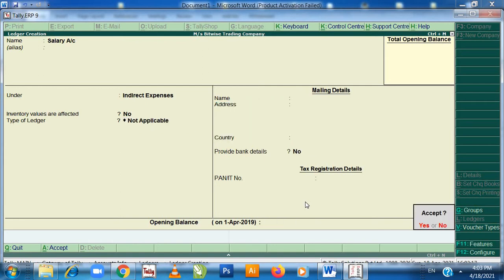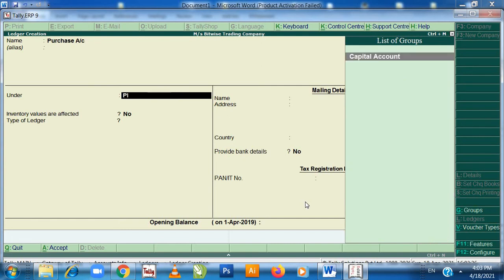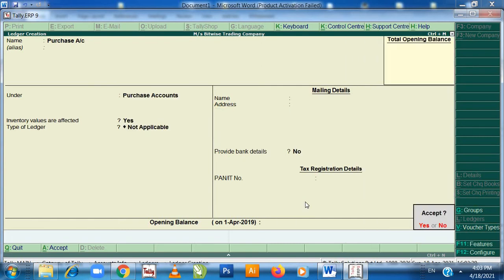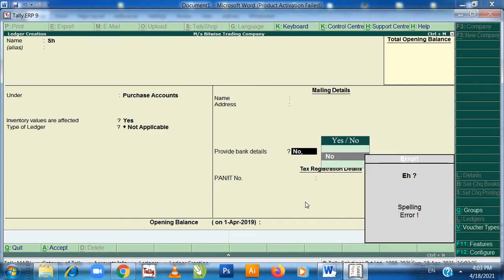Then I need to create purchase under purchase account. Press enter. Then I need to create Shraddha Steel Works under Sundry creditor.